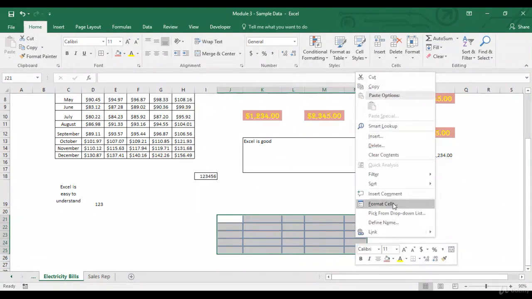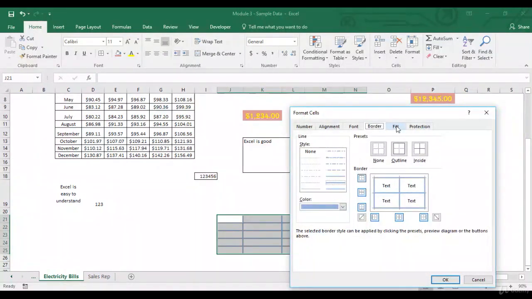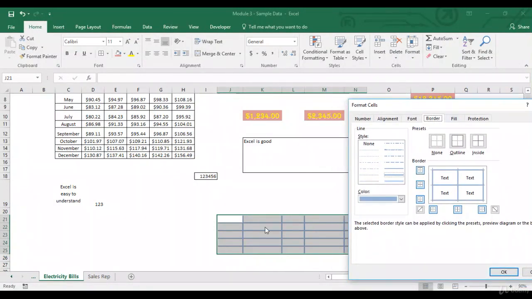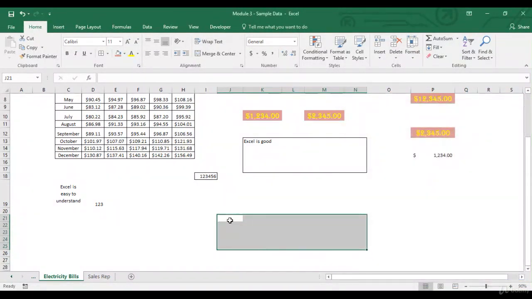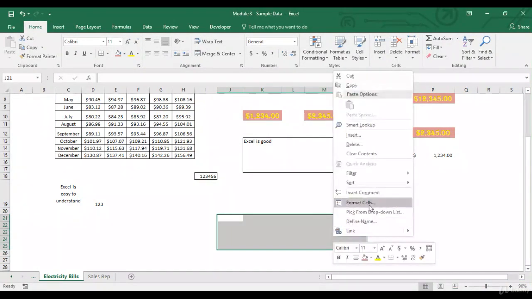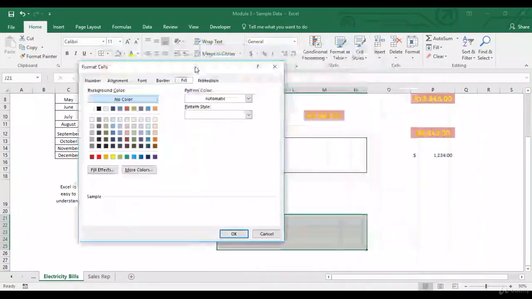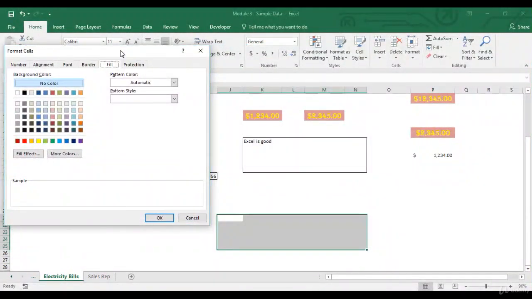Let's look at other options now. Format cells. Similarly, you can clear the table structure also by just selecting none and then clicking on OK. So all your table structure goes from here. Now let's do a format cells again. Fill. Now this again is to do with highlighting the cells.